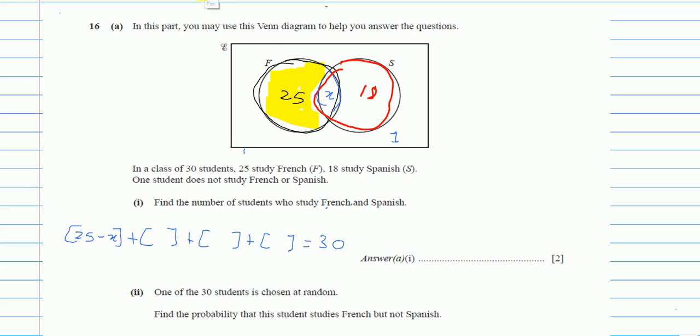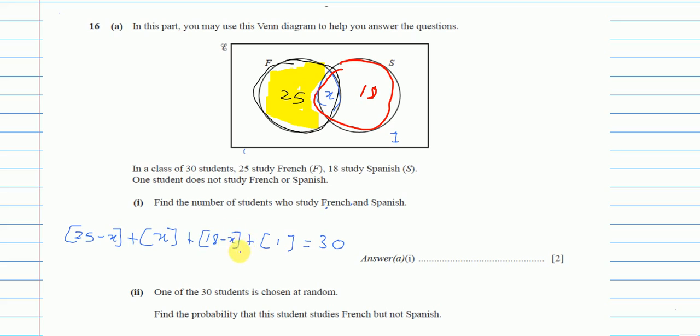The other part is the x in between, and the right side part is 18, but out of the 18 I will deduct the x, because this whole is 18. I'm not talking about the whole 18, I'm talking about this part. For this part I have to deduct the x, and the part which is outside is 1. So this will be my equation, and as you can see, this x and this x will be cancelled.